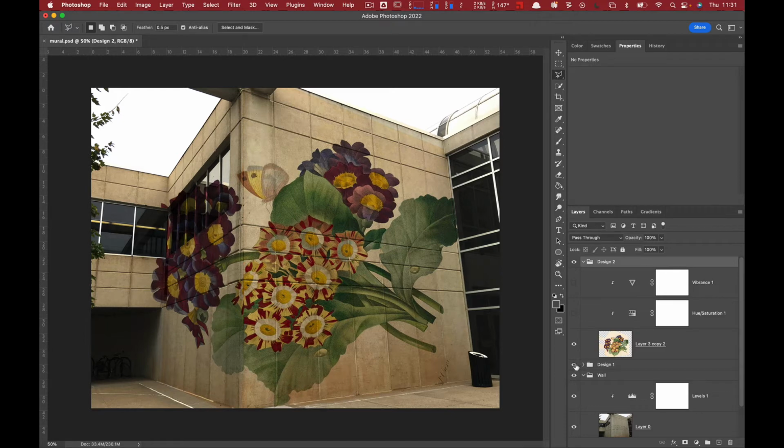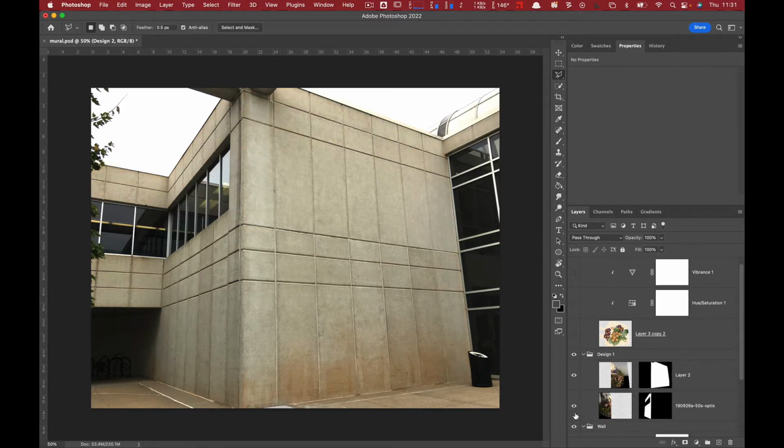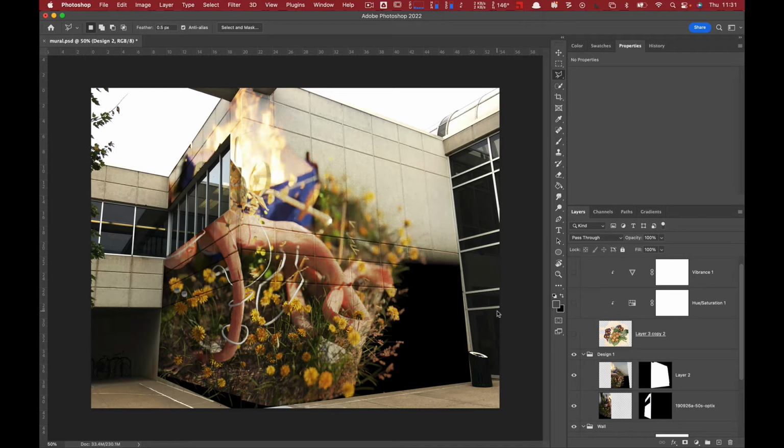What was design one? It's in there. Oh, I just used images, just by distorting the images to make them kind of wrap around it. This is an image from one of my artworks. So this is ultimately the end result that I'm looking for, like this kind of an example.